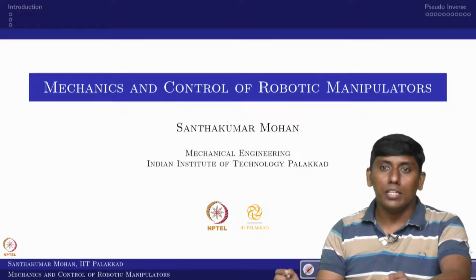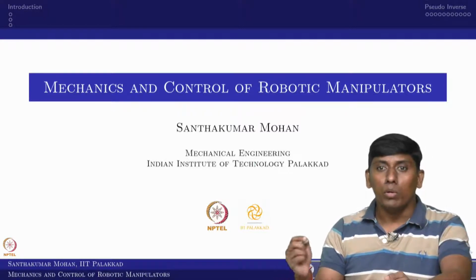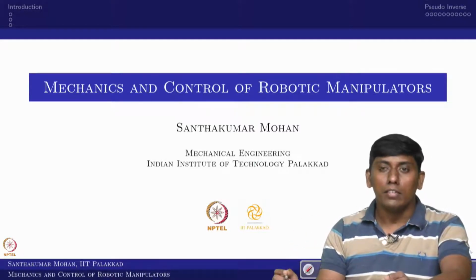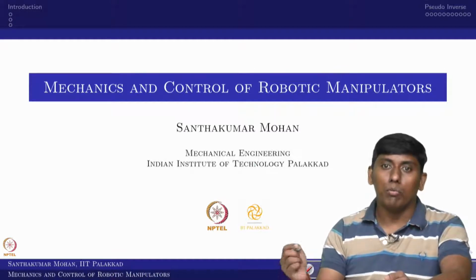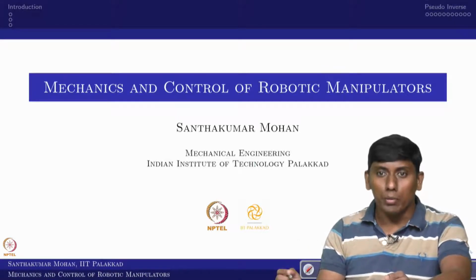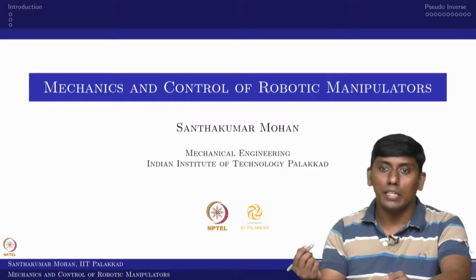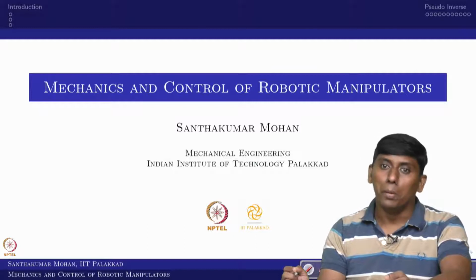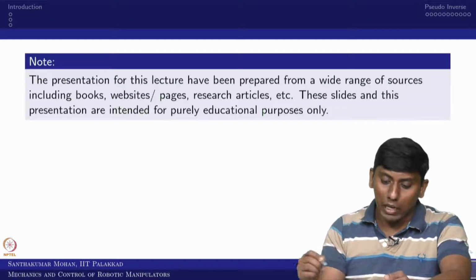Before going to see the velocity model, we will see what is the basic principle behind this. What are the types of differential kinematics, and in that what matrix we end up with. Although in the last class we have seen the Jacobian matrix, we will be seeing the Jacobian matrix in detail, and then how the Jacobian matrix can be used as a useful tool. That is the whole idea in this particular lecture.